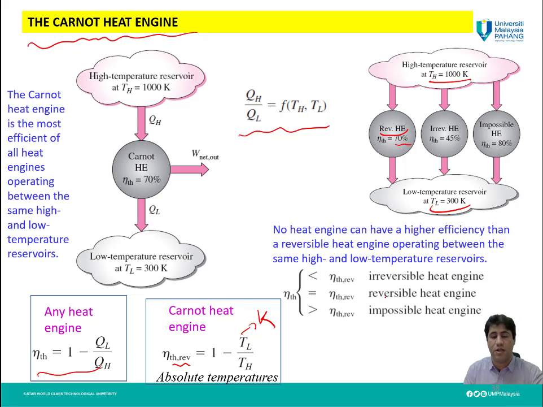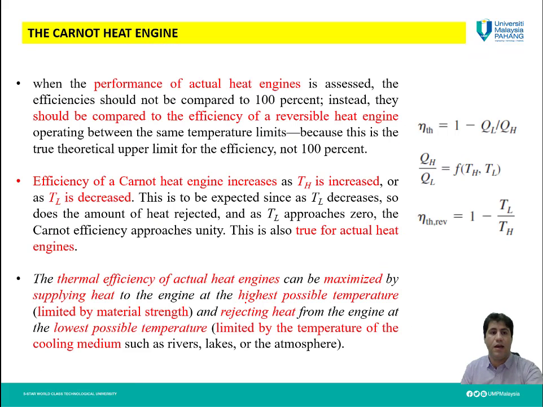And this is shown also here in this statement. So the maximum possible thermal efficiency for a cycle is for the Carnot cycle. This is very important because, however, the